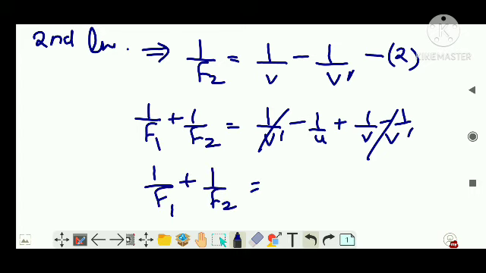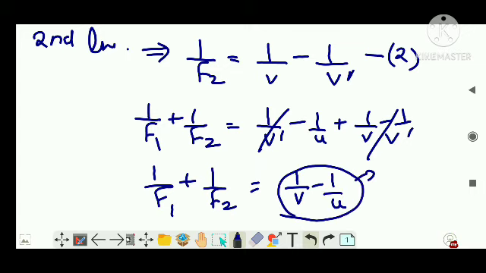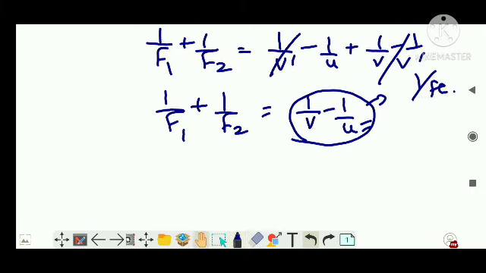1 by F2 is equal to 1 by V minus 1 by U. Right. This 1 by V minus 1 by U represents the equivalent focus, right? Because U is the object for these two combined lenses, and V is the image formed due to both the lenses. So 1 by V minus 1 by U can be written as 1 by F equivalent. That is the total